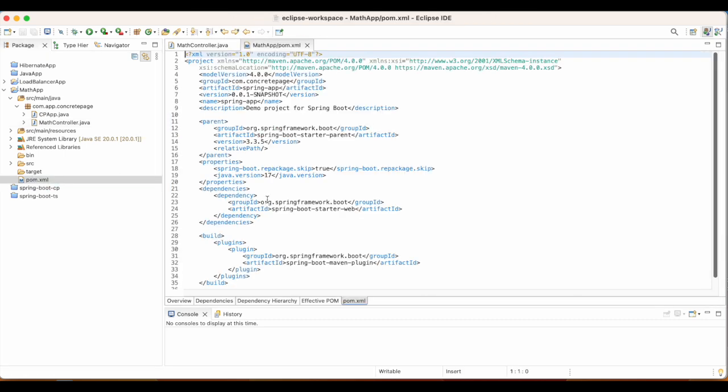You can check pom.xml, just the Spring Boot starter web. I am using 3.3.5 starter parent. So this is the simple application.